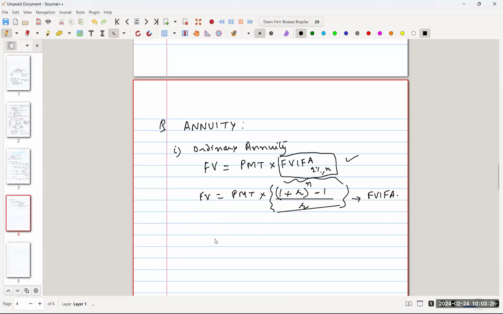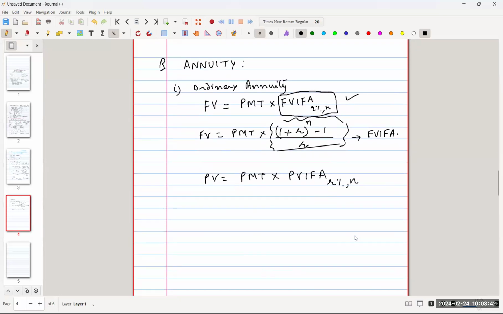If you wanted to calculate the present value of an annuity, you would say PMT multiplied by, this time, the present value interest factor of an annuity of $1 at R% for n periods. Very, very simple. And if you did not have access to time value tables, and if you did not want to use the financial calculator, you just wanted to rely on the grassroots formula, you could just use the definition of PVIFA,